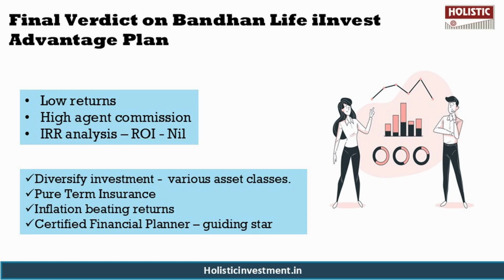A more efficient approach would be to separate insurance from investment, safeguard your family's financial security through a pure term life insurance policy which offers substantial coverage at a minimal cost. Then direct your savings into investment products that align with your risk appetite and financial goals such as equity or hybrid mutual funds. To build a robust and inflation adjusted corpus, your investment portfolio should include higher yielding instruments that